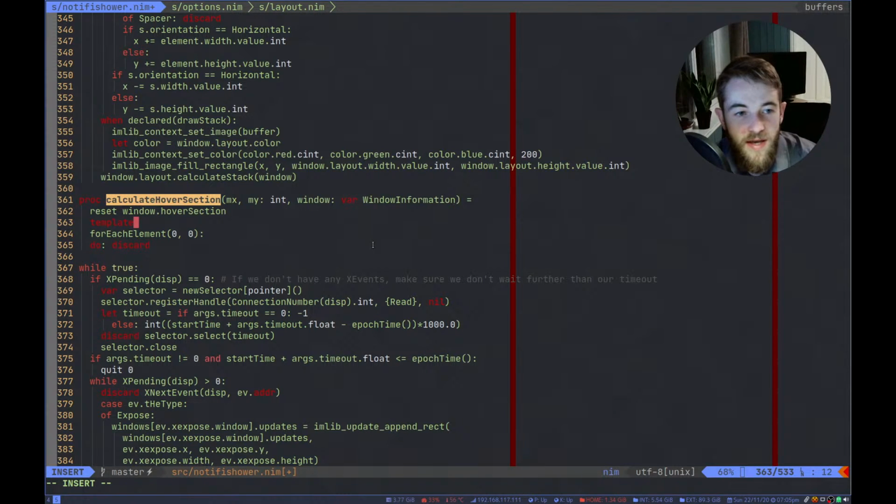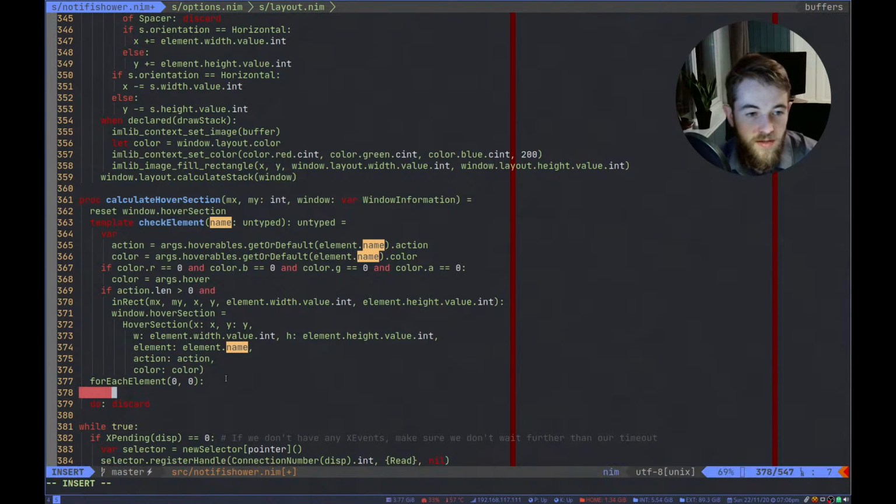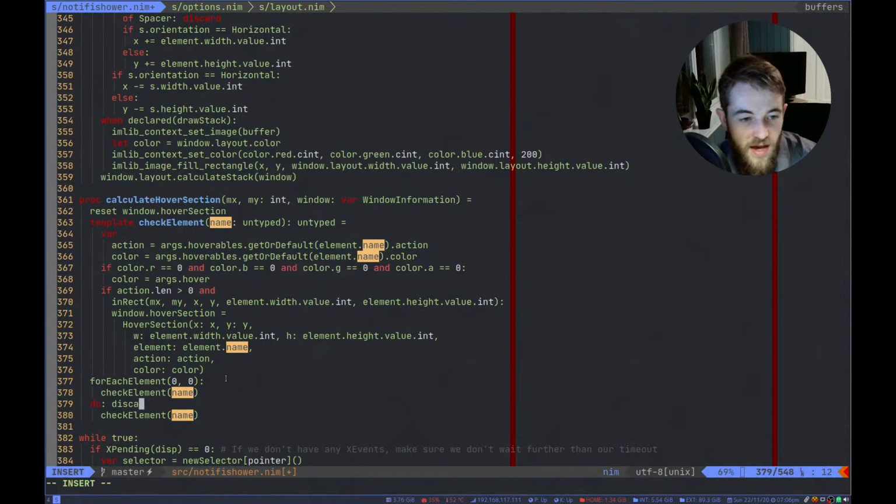We are going to say just check element and name untyped. Give it this thing. So now this name here is going to be taken from here. That is the field name. So for each element, we're going to check the element for the name field. And for our stacks, we don't do the discard anymore. Here we check for the stack name.